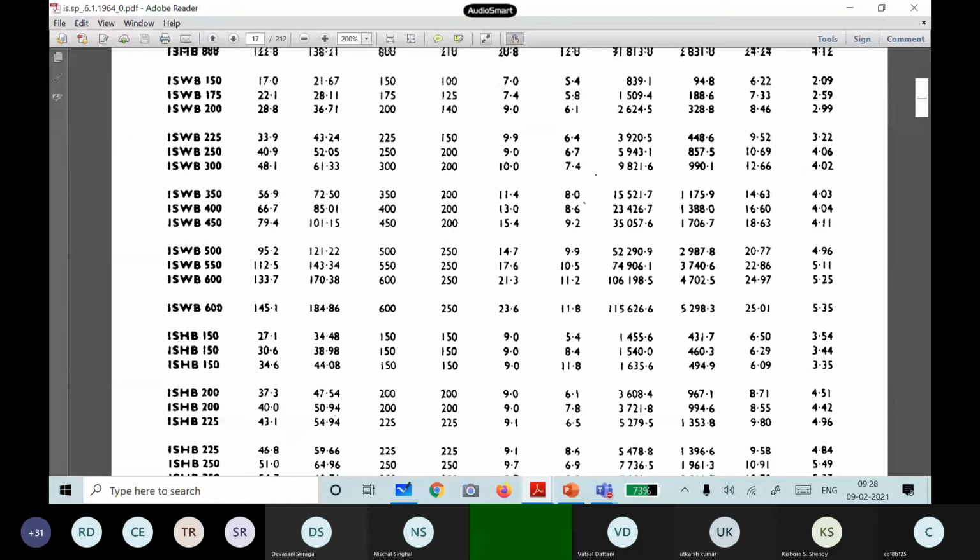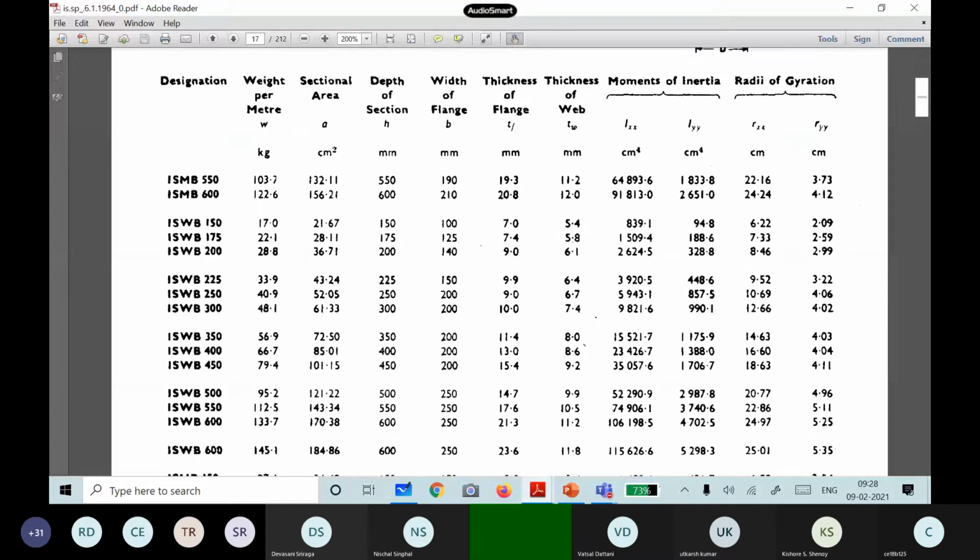The widely used one, even in your structural engineering labs when you do a test, is ISMB. I don't know how many of you have an idea. The medium beams are the ones which are widely used in our market. If you go to any shop, these will be in stock. Other things you have to order, the company has to make them, and then you have to bear the transportation and other costs.